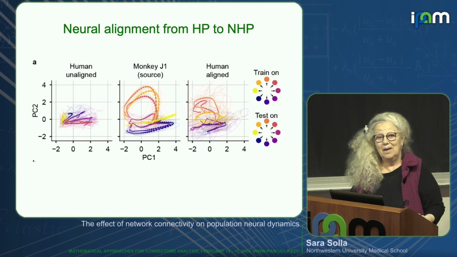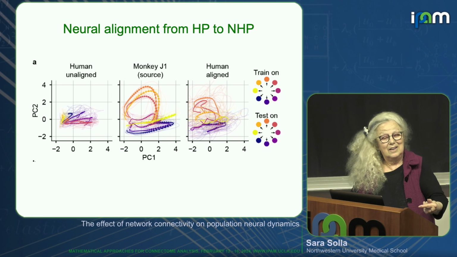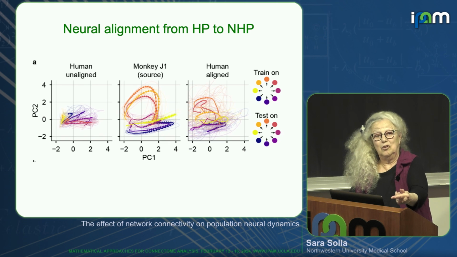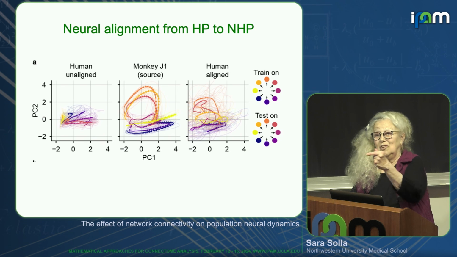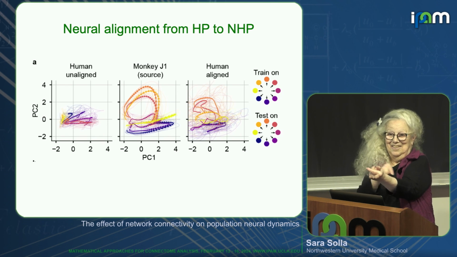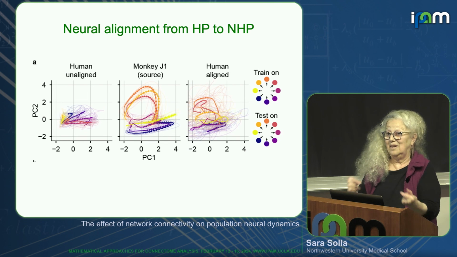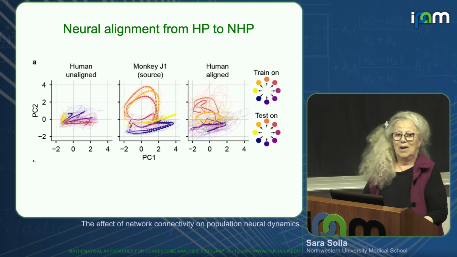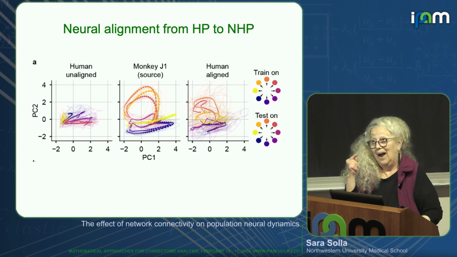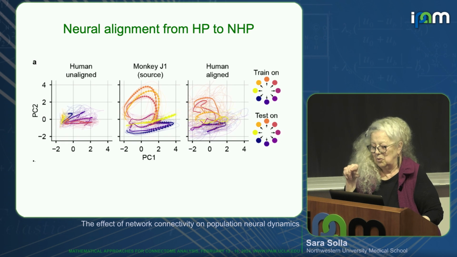But I have a very good monkey decoder, and now I can map the neural activity of the human into the neural activity of the monkey, use the monkey decoder to predict muscle activation, and use that signal to actually activate the muscles, and the person can move the arm, although there are no signals going directly from his brain to his arm. So I can not only align across non-human primates, I can align a non-human primate to a human